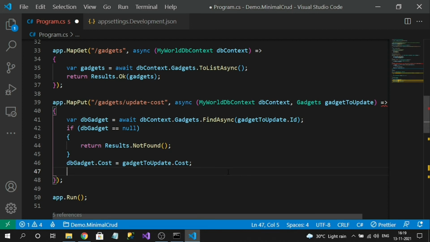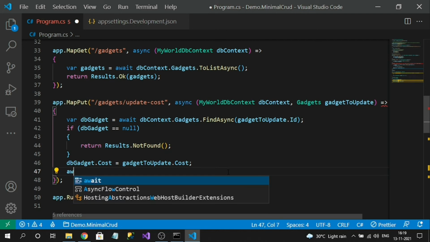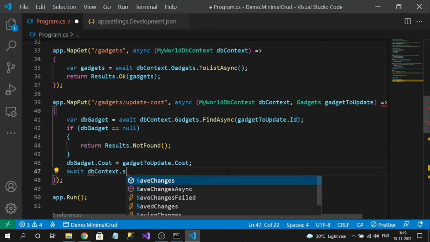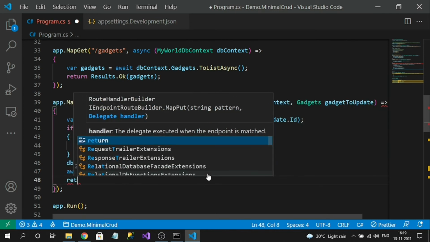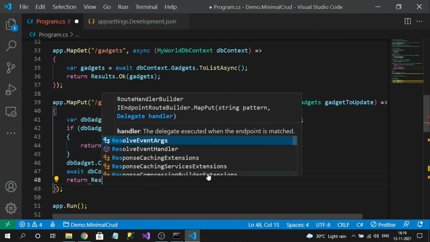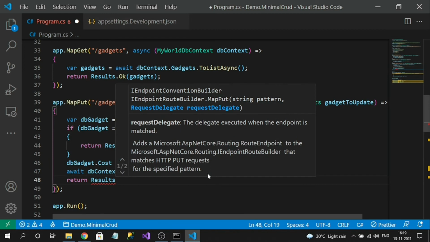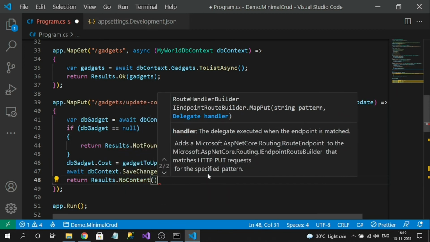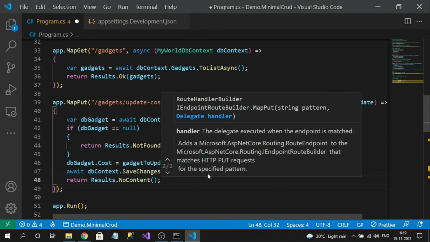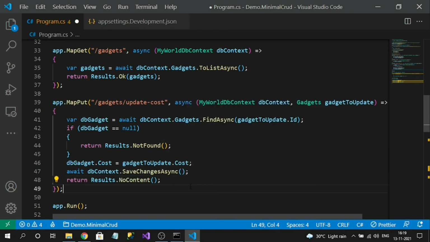Now finally, I will call db context dot save changes async. And finally, on a successful update, we return no content. If you want to return OK, that is also fine. You can return OK as a response. It is up to you. So this is my update method.